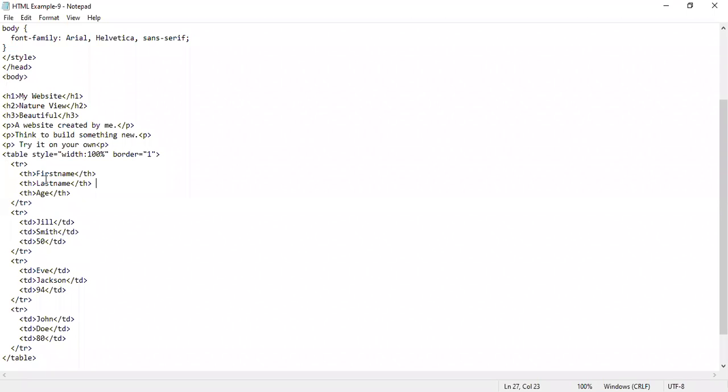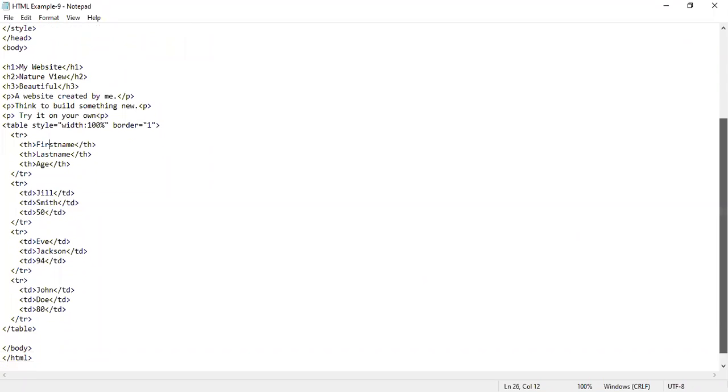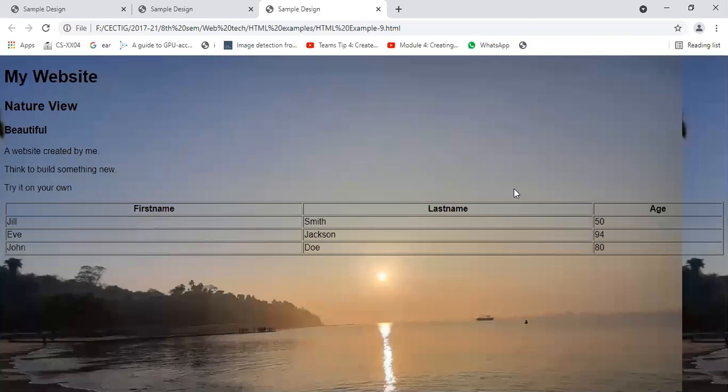As per the format, first there will be the first name, then the last name, and then the age, followed by the rest. So I can put a table also. I want to put a table here. So I have written some coding for the table in the body part, and then I will show you how the things actually look. You people can see that after writing some table part there, the table is also visualized, and we can see the display.